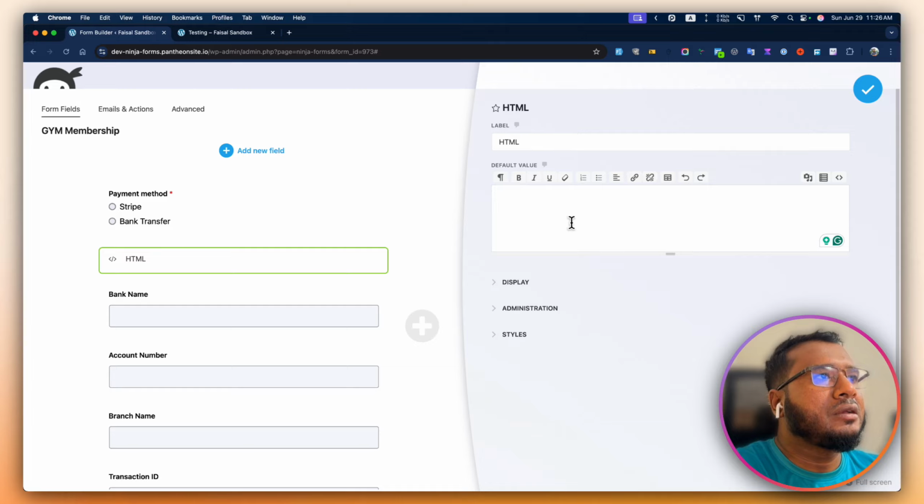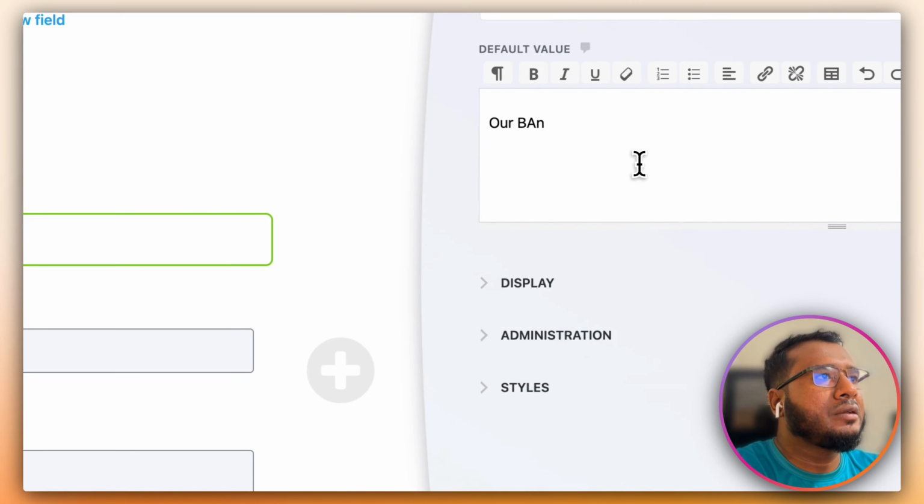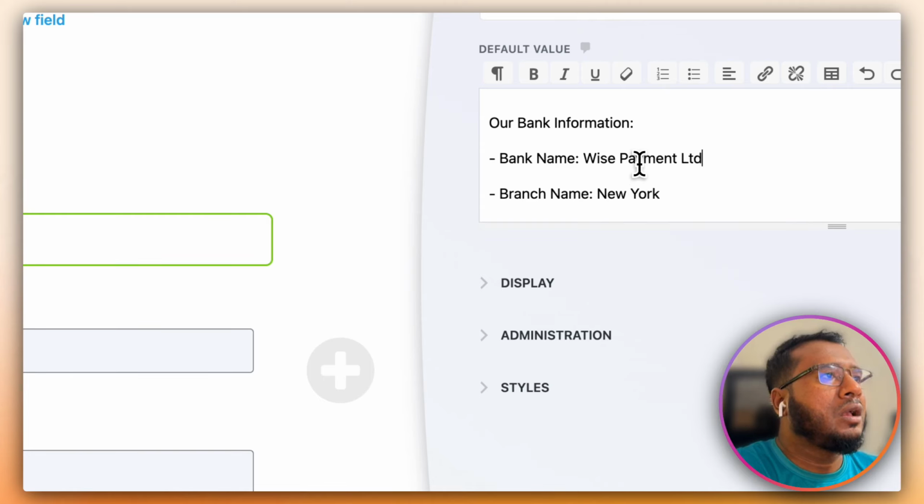We can add our bank information like bank name, Wise Payment Limited, or whatever you prefer, branch name, we have to add the account number 1 2 3 4 5 6 7 8 9 10,